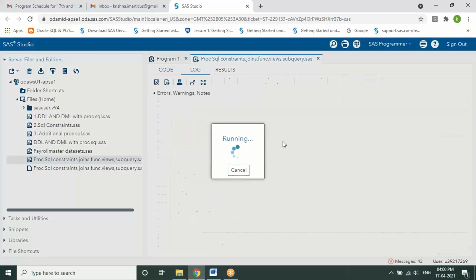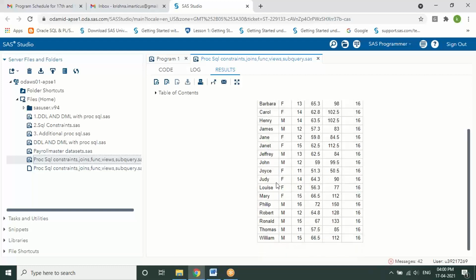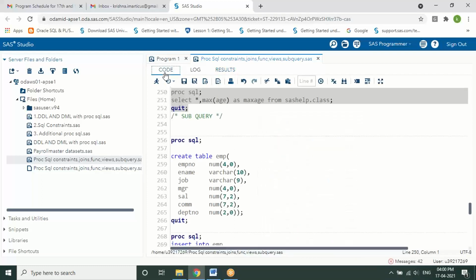So if I'm writing the query something like star or any other columns, it is fetching the entire table data with one more column called max age, which is not the right way to find it out. So how can we achieve this? Then we require a subquery. A query within a query. So what is this query within a query?